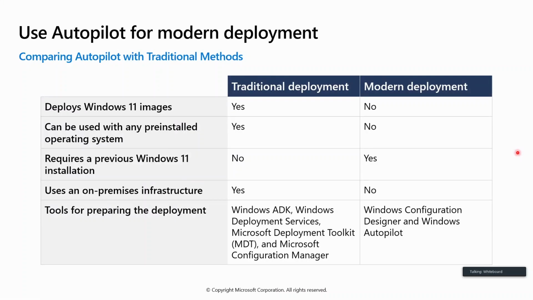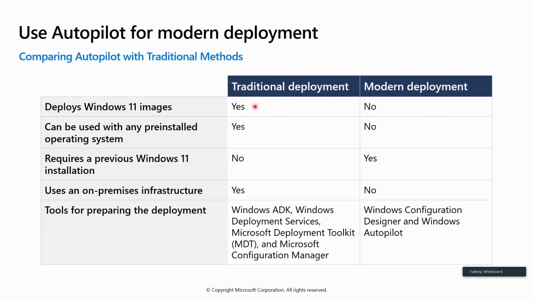Comparing Autopilot with traditional methods. So, deploying Windows 11 images. We don't deploy an image with the modern methods. The image must already be on the computer. And this is why we still need